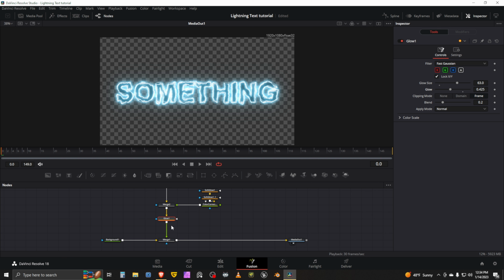Okay, so now make sure you have your glow selected. Push Control-C to copy and leave it selected. Push Control-V to paste a second glow node. And we're going to change some settings in here. So we're going to drop the glow size down to 44. Yeah, that's good. 44.1. And we're going to drop the glow to